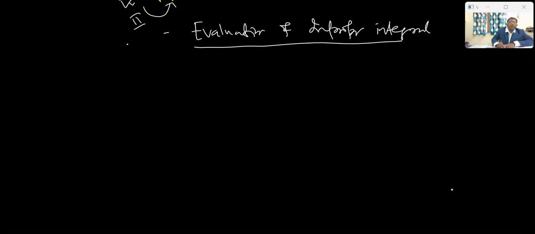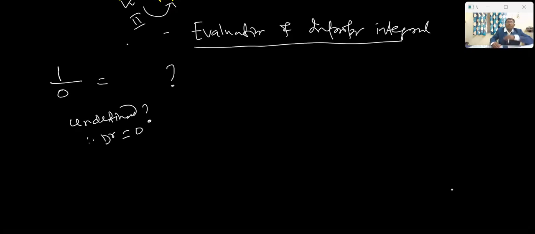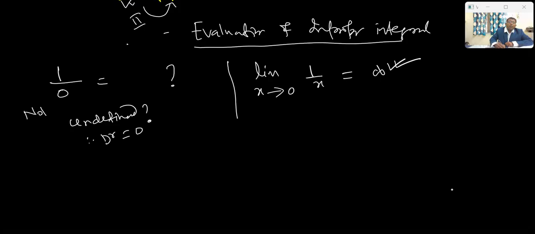If I ask you what is 1 by 0, what is your reply? We can say it is undefined. Why is it undefined? It is undefined because the denominator is 0, is it not? But the moment I ask what is the limit as x tends to 0 of 1 by x, in that case we say the answer is infinite. Here we say not possible, but we make it possible